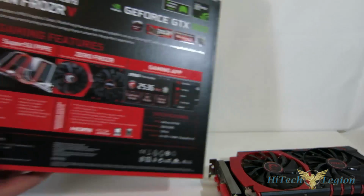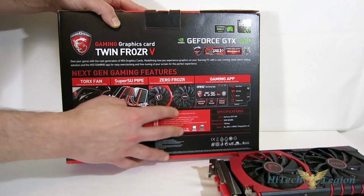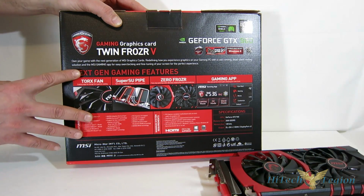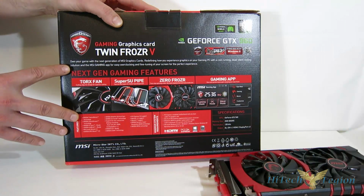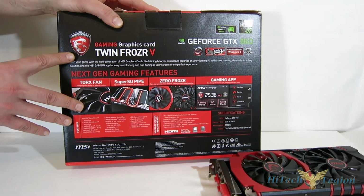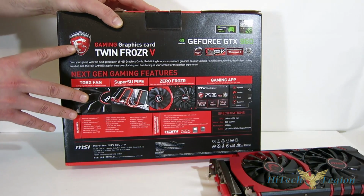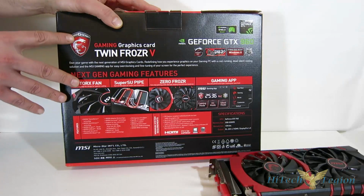So moving around to the back, going through here, you see all of the specs that I was just rattling off as far as the GTX 960. But what we're seeing here from MSI, first off, of course, MSI used their own printed circuit board here, all military class components, just as they always do. All the gaming editions use the MSI Gaming Software, which we're going to take a look at. Really interesting, easy one-click controls over the card itself as far as the overclock and fan noise, and also works, of course, with